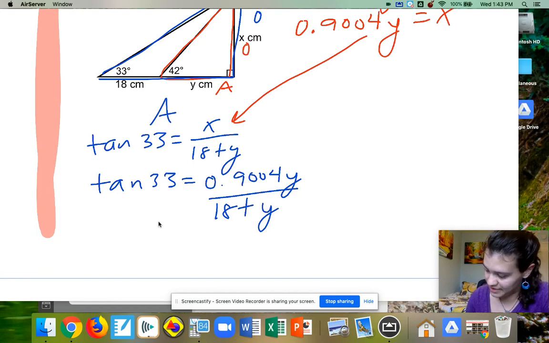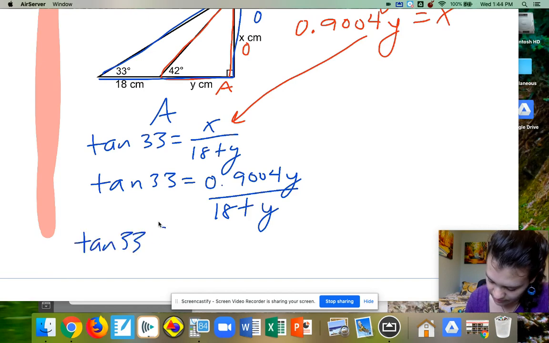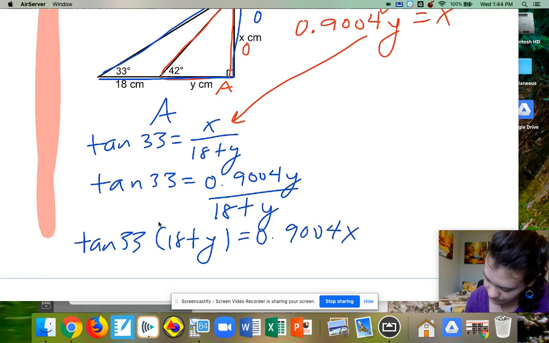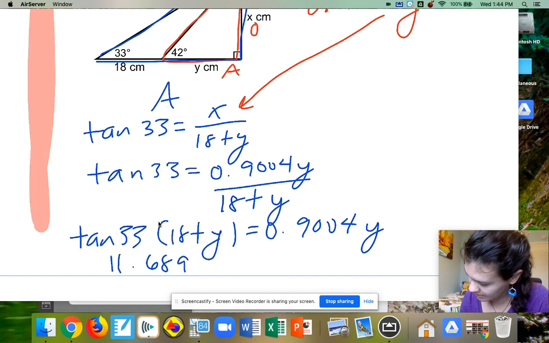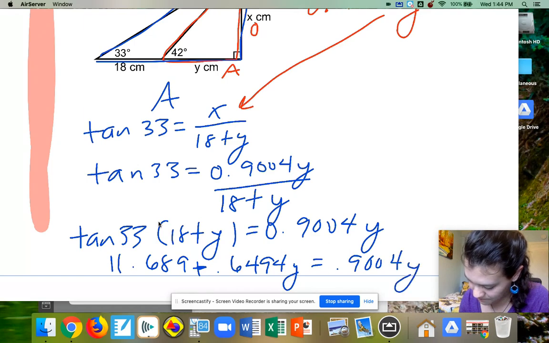So multiply both sides by 18 plus y. And then you can distribute in. You should get 11.689 plus 0.6494 y equals 0.9004 y. And keep solving, and eventually you're going to get that y equals